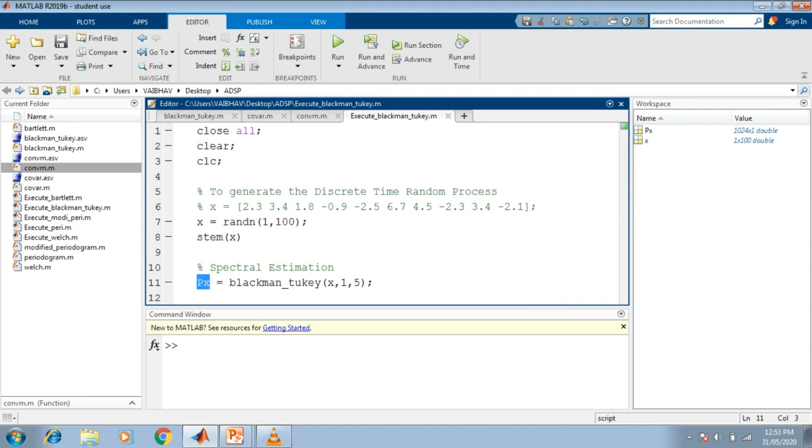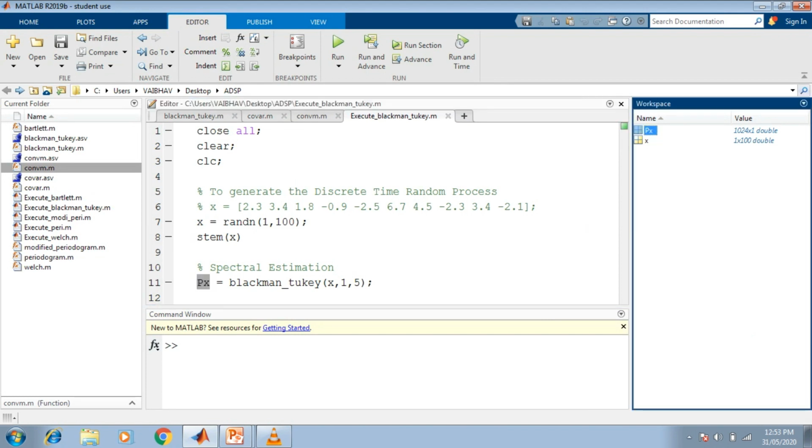As I close this, you can check the workspace where we have the two variables. The first one, px, has been generated because of the last statement in this MATLAB script, and it holds the dimensions 1024 by 1 of the type double here.